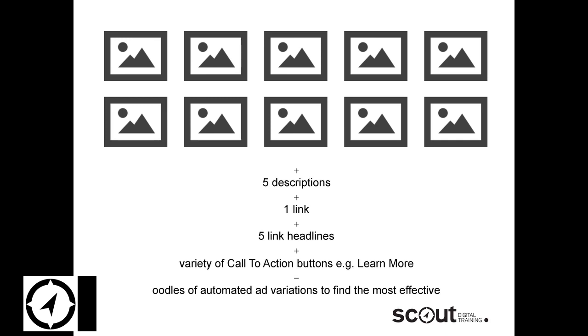So not all of the objectives, but some of the objectives within Facebook ads gives you an option to run dynamic ads. And that's basically kind of doing all the hard work for you. So instead of coming up with, okay, here are 4 images I want to test with 4 different texts, but I have to do them in kind of a phased approach, you can basically pop in 10 images, 5 descriptions. You have your link, 5 different link headlines, a variety of call to actions, and then Facebook does the hard work for you and creates